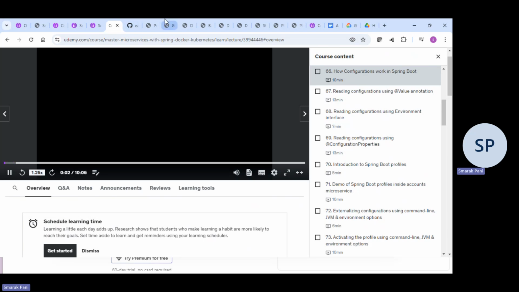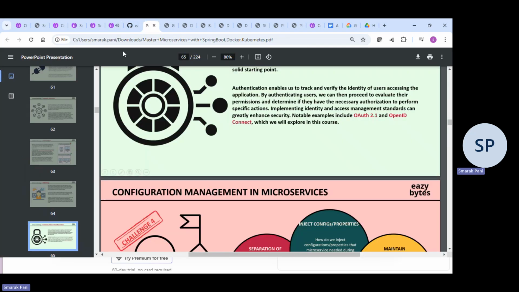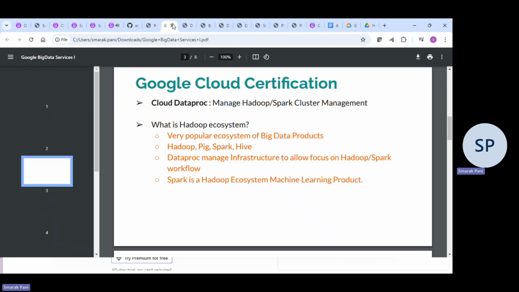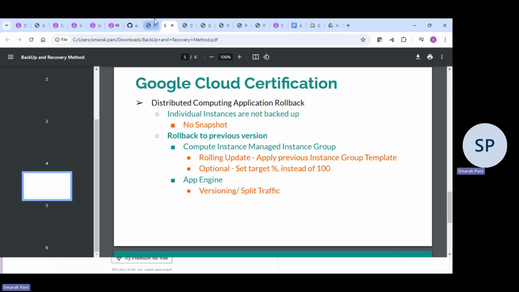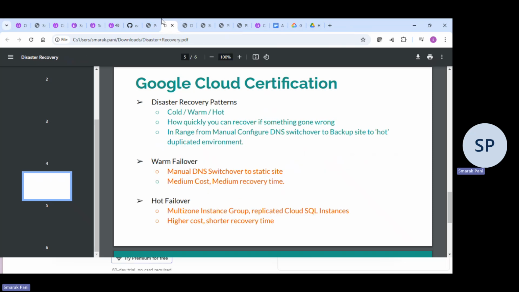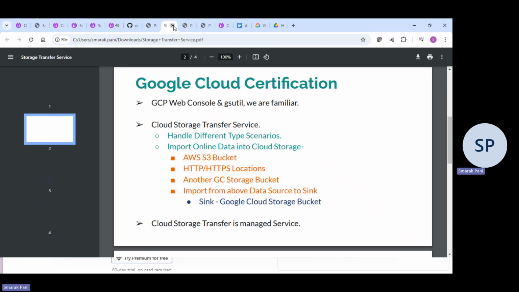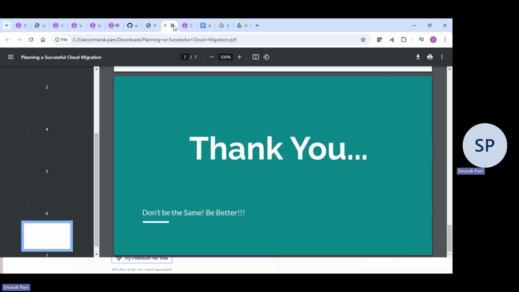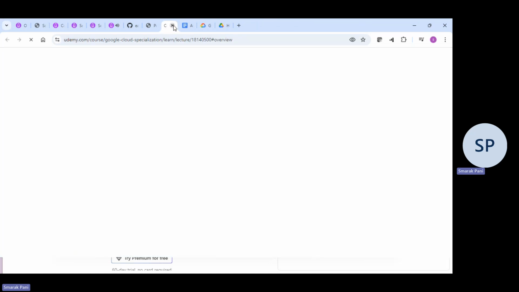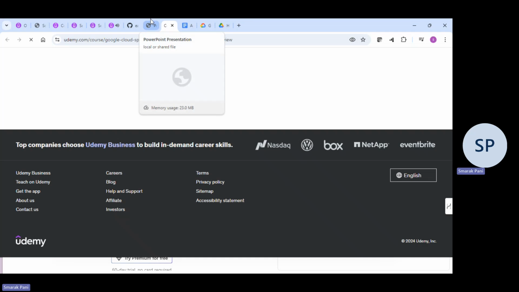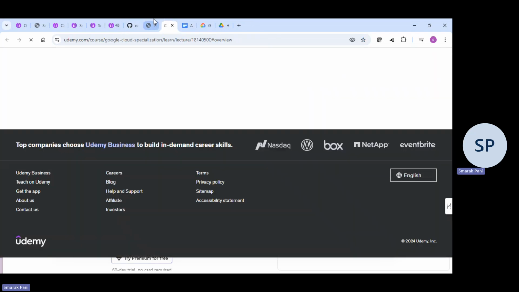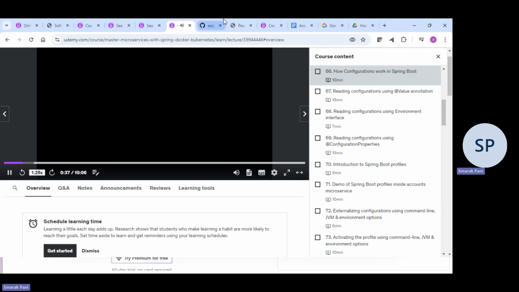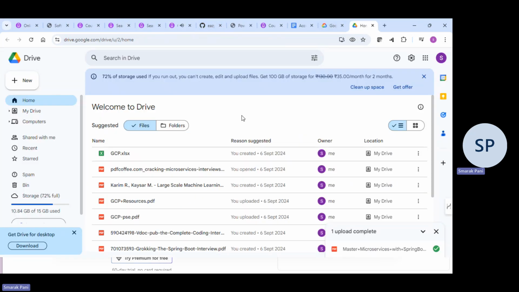Inside this lecture, let me start with the very basics of how configurations work inside any Spring Boot application. Because we are developing our microservices with the Spring Boot framework only. Inside the Java ecosystem, to develop microservices, most of the developers and organizations use the Spring Boot framework. That's why we are also using Spring Boot inside this course. Since we are using the Spring Boot framework, first let's try to understand what options it provides to handle the challenge of configuration management in microservices. Once we discuss these basic approaches, then we'll go to the advanced approaches that we have with the help of